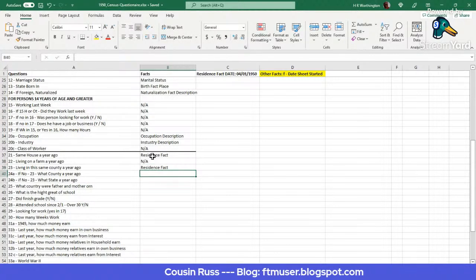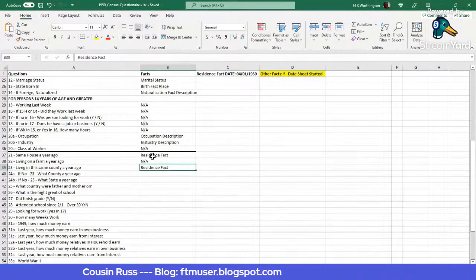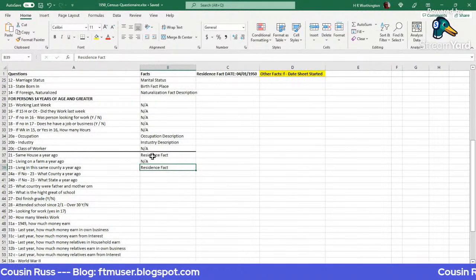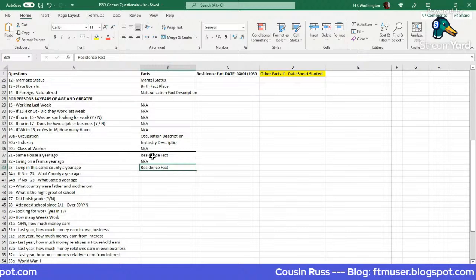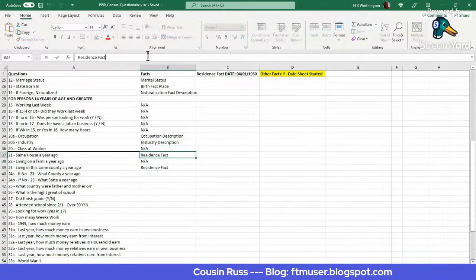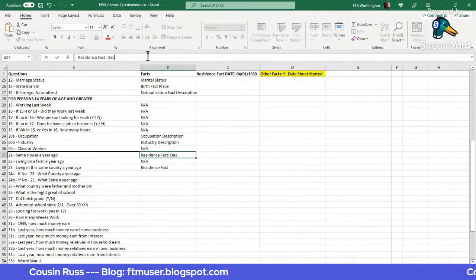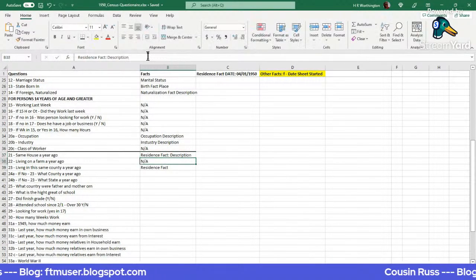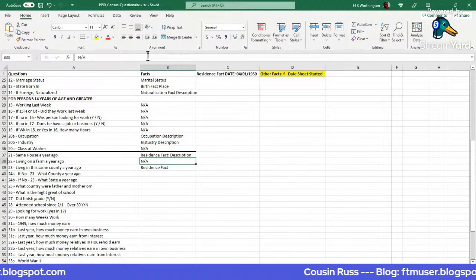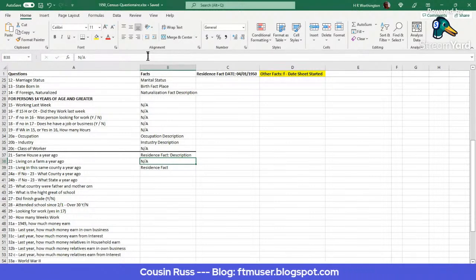I'd like that. So if they were in the same house in the same county, I would put the same house residence fact. I am going to put in the description, same house as I have in previous years, like the 1940 census showed us where we were in the